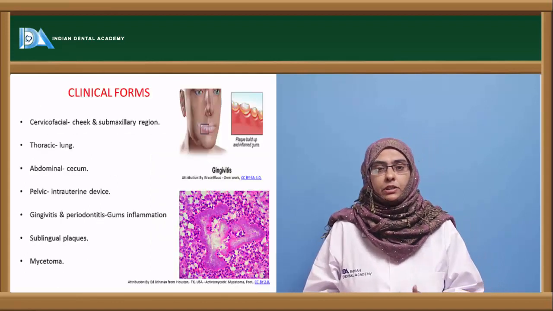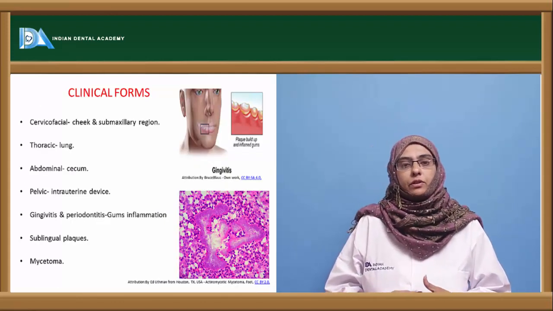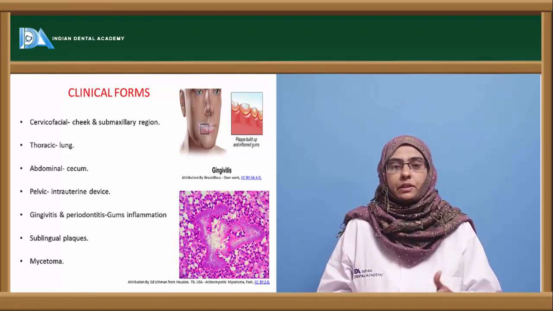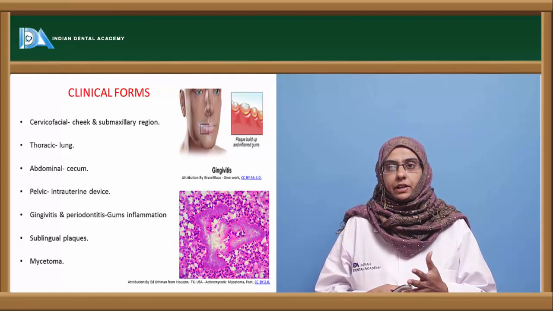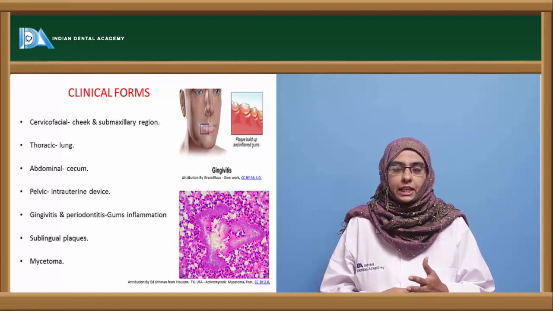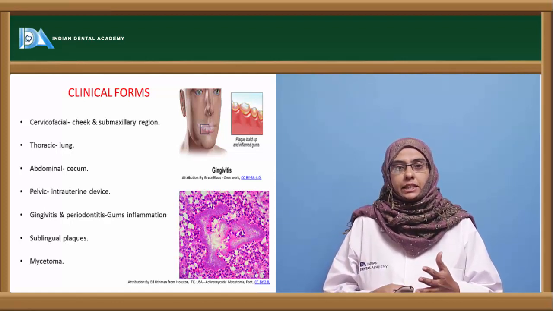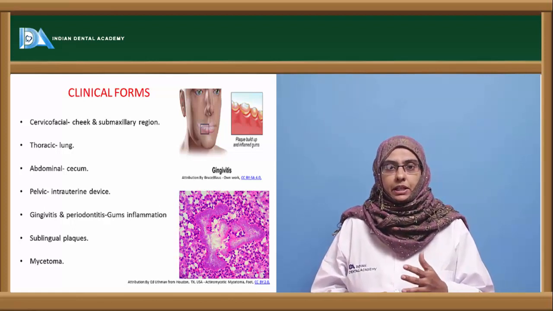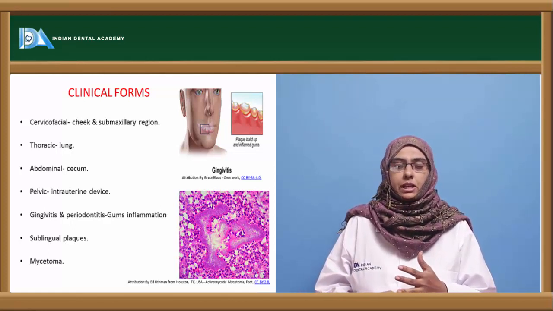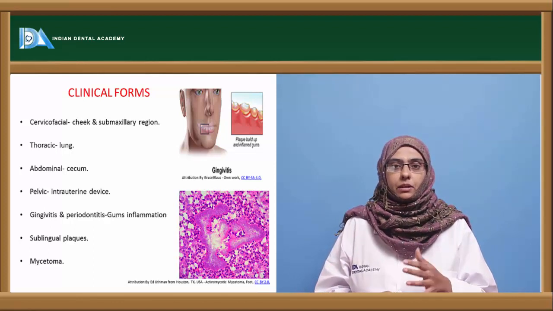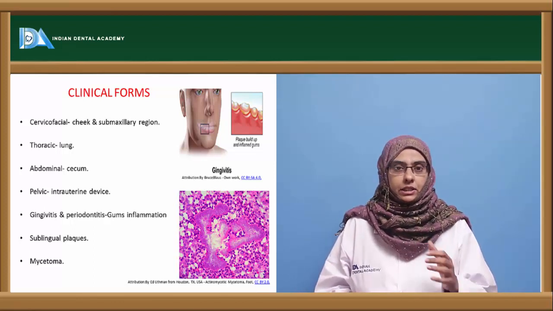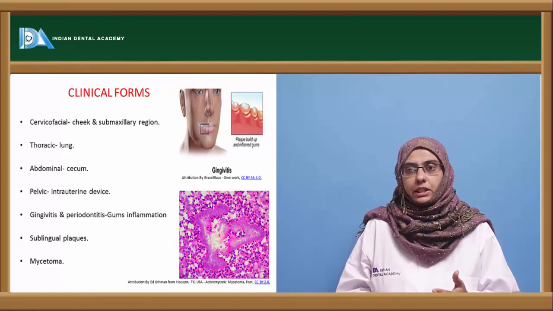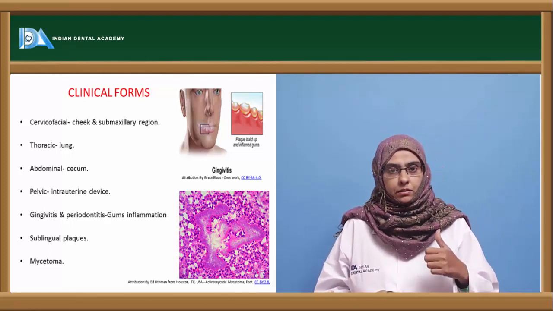Now coming to the clinical forms of this disease, there are 4 clinical forms that have been identified, affecting different parts of the body. First is the cervicofacial form, which involves the cheek and the submaxillary region. Next is the thoracic form, which involves the lung, where the pericardium and the pleura are usually involved, and the inflammation can progress towards